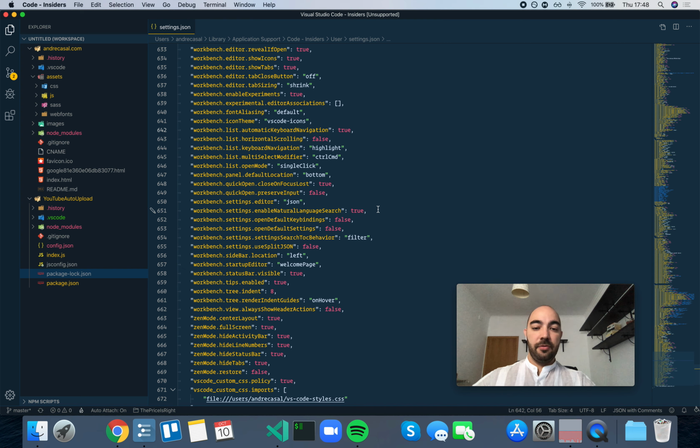Now, if you set this to false, you would have to trigger that manually. I selected this area, I start typing, nothing happens. So I think that this is a really useful